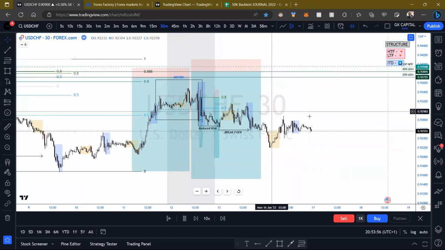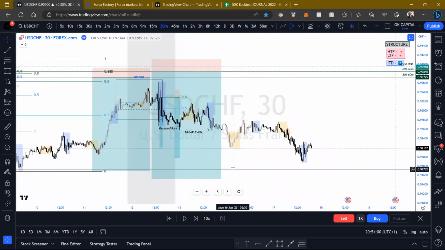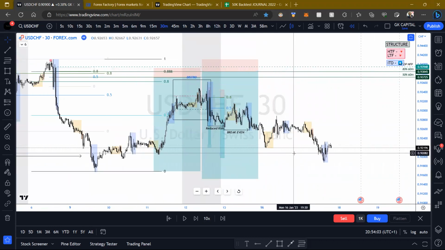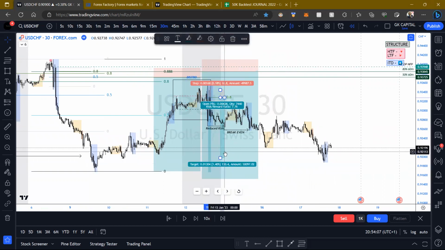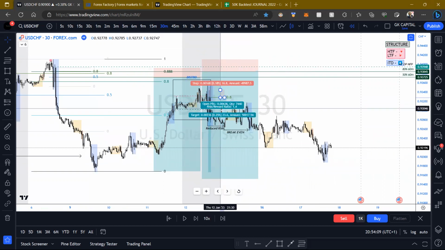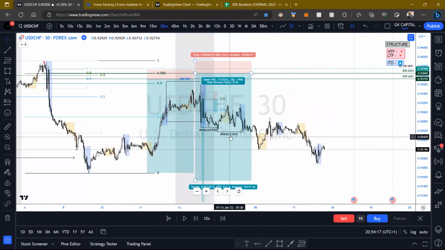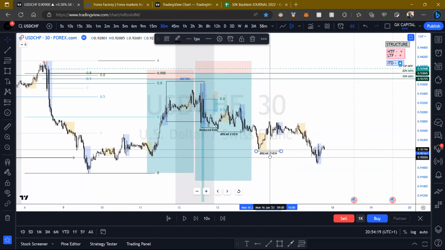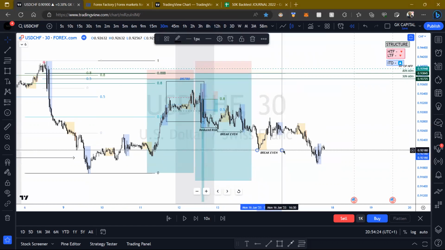As I said, any of this, I'm not even gonna bother looking for it. It could give me the best Asian manipulation and all that, but they don't really mean anything. I'm not in this yet. So this one, there's loads here, it's gonna give me 7 to 1, and my 10 to 1 is somewhere here. And by the way, reduce risk, break even, and I'll pay my risk here.